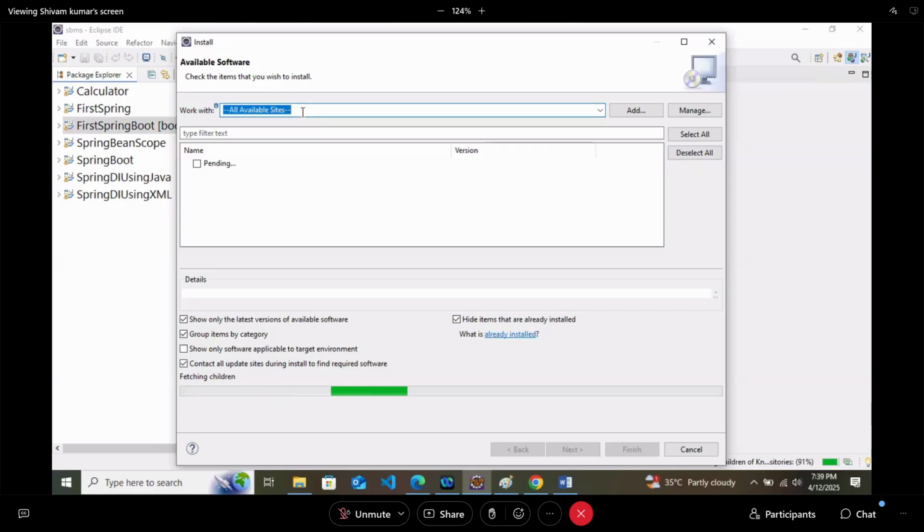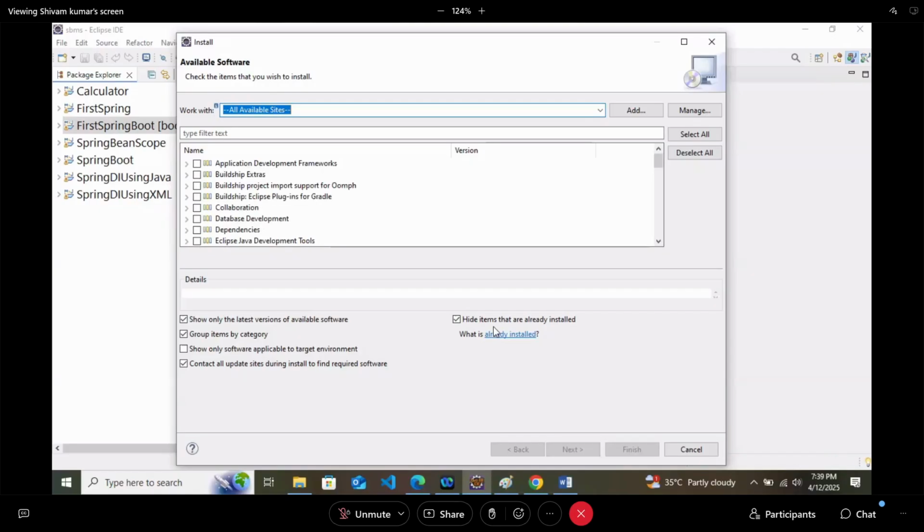Eclipse will detect all of them, so it might take some time while detecting. By the way, I have already installed the plugin, so it might look different for me, but I will tell you all the steps. After selecting all available sites, you will get like this.